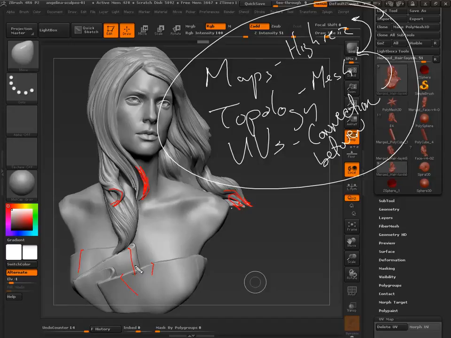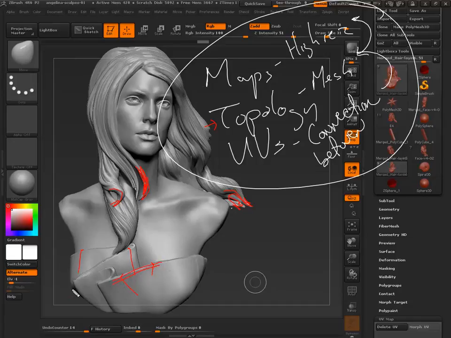These are things that you need to fix in what? In topology. So if you've got a thin area, you need to make sure that you have topology to support that. If you've got an edge, you need to make sure that you've got topology to support that, right?